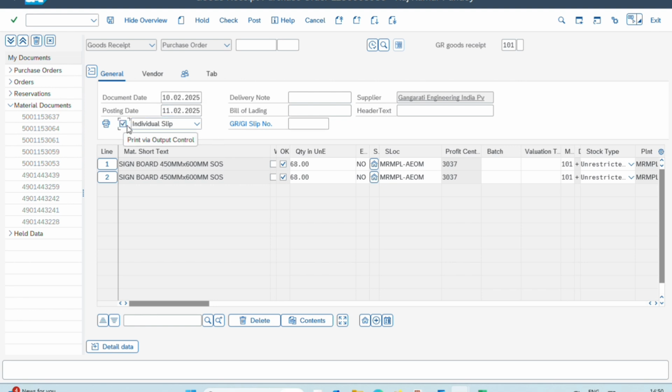Select the option print. If you don't select the print option, you can't print the GRN copy. And then write the invoice number written on your invoice. After that,